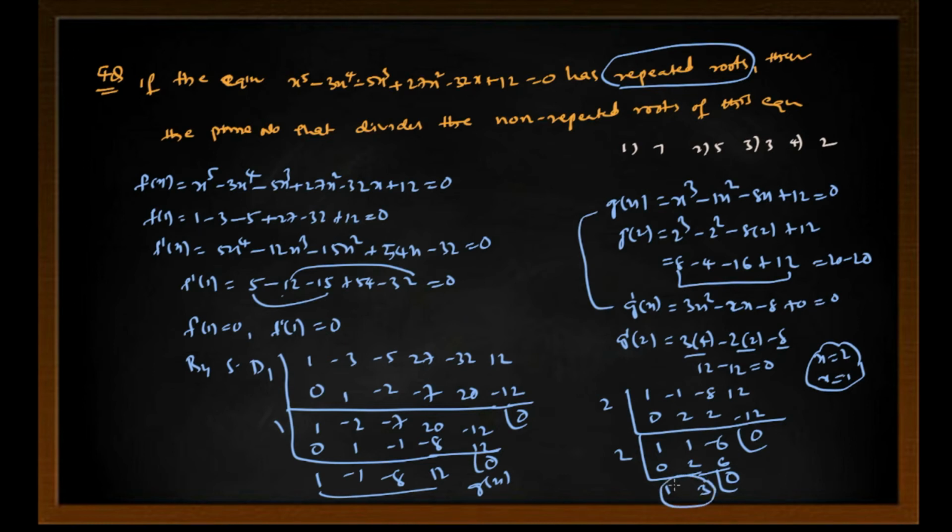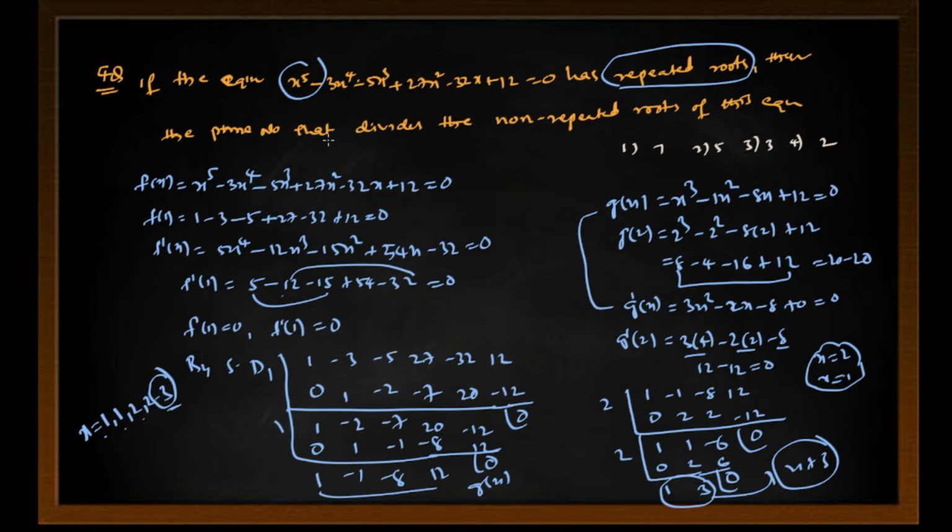So this is fifth degree, so total 5 roots are there. So roots are x equals 1, 1 repeated, 2, 2 repeated, and x plus 3. This one we can write x plus 3, therefore x equals minus 3. Okay, these are the 5 roots, 1 comma 1, 2 comma 2, and minus 3 are the 5 required roots.